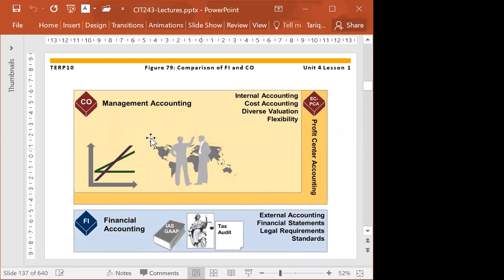If you see in this picture, we have financial accounting, they have a code word FI, and for management accounting, it's CO. So if you combine them, this is known as FICO, and usually SAP guys use it for finance and controlling. And management accounting is basically profit center accounting. We can create different profit centers in management accounting, and then we can look at the profitability and loss on those particular profit centers.